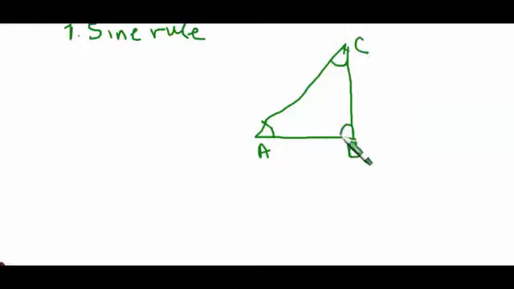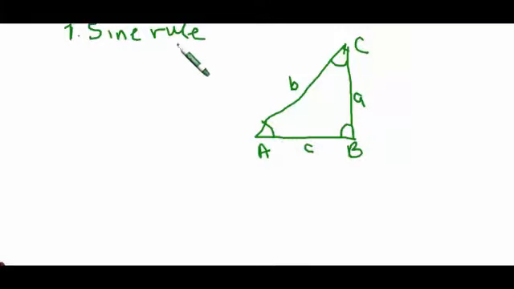Okay, this is angle C. And the side facing C is small c, the side facing A is small a, and the side facing B is our small b. The distance from here to here is b. The angle here is C. The distance from here to here is small a, and this is our angle B,